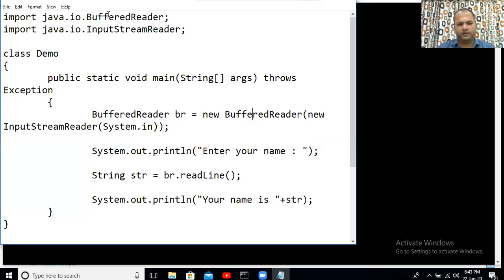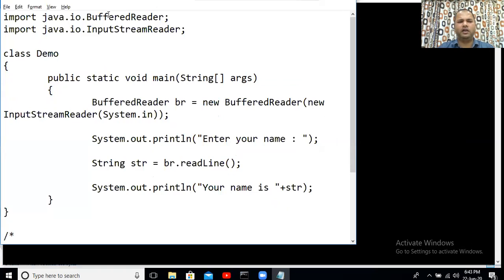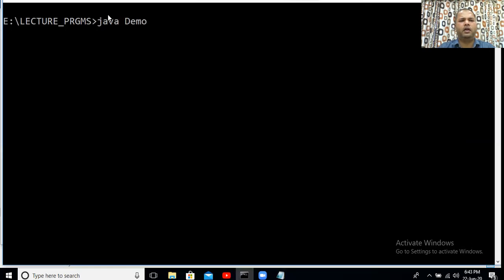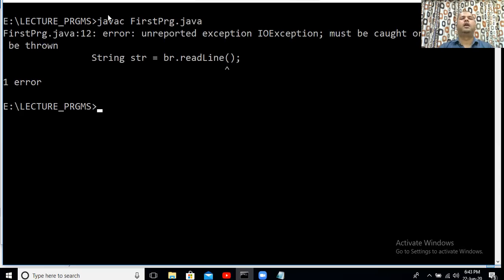The entire value got printed. So, sir, what would happen if we don't write throws Exception here? Because we have not seen anything of this sort in our previous lecture. So I'm going to remove that throws Exception part from this code, and now we are going to compile the code again. Now you can see there is one error: unreported exception IOException must be caught or declared to be thrown is being displayed on our screen.